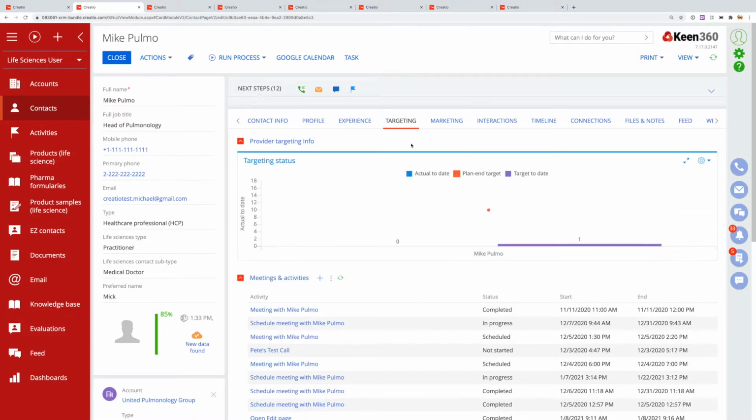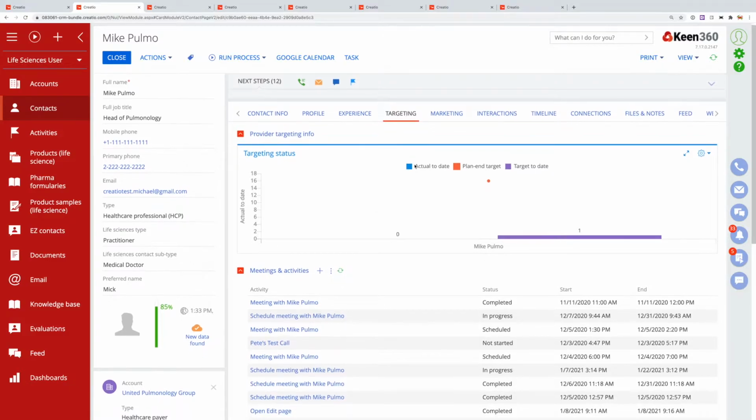Targeting is about plans of action and attainment, and of course the med reps or field reps will receive their targets for their territory, for their HCPs, and this tab concentrates that information for Dr. Palmo in one place. We can see that to date we've actually made no qualified contacts with Dr. Palmo for our targeting, and